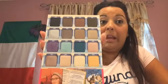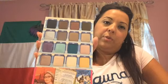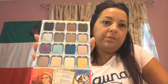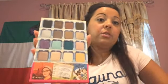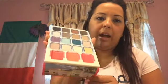The squares are a lot larger than your average Naked palette. So you do get a lot of product for what you pay for. I think I got this for $15. And that's not all. So it comes with a mirror. It comes with your 2, 4, 6, 8, 10, 12, 14, 16 shades. Then at the bottom, you have lip,